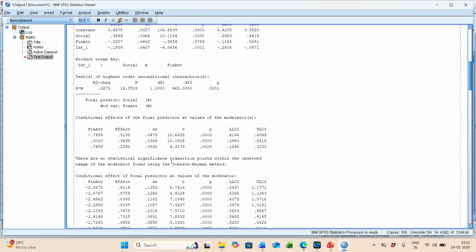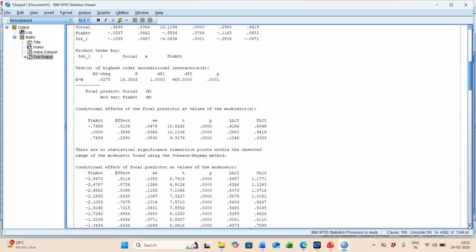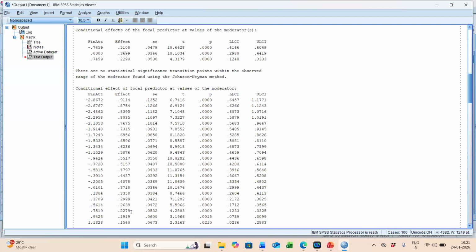But remember, if you look at the p-values at all levels of financial attitude, the effect on self-efficacy is significant, because all the p-values are less than 0.05. So you don't need to look at this big table. If all the p-values are 0.000, from there itself you can say that at any level of